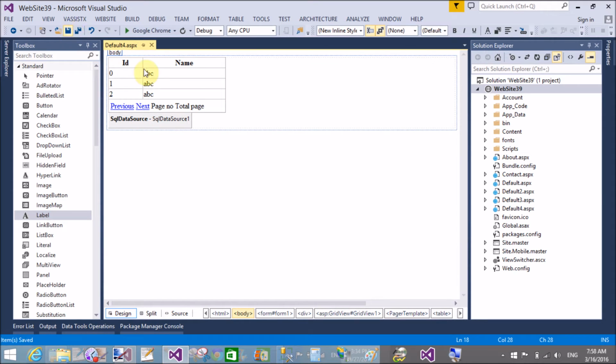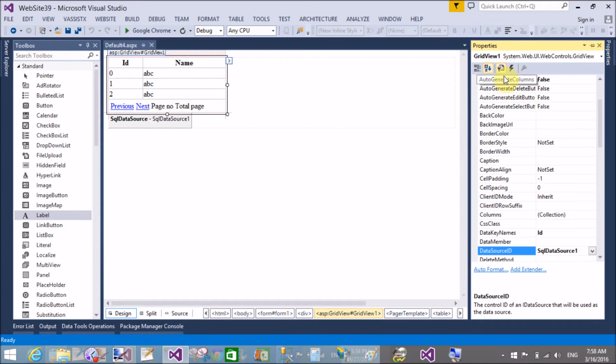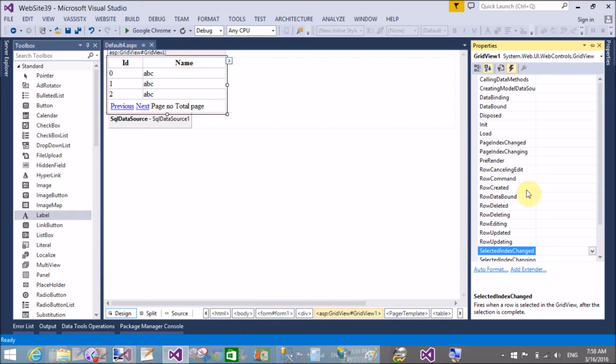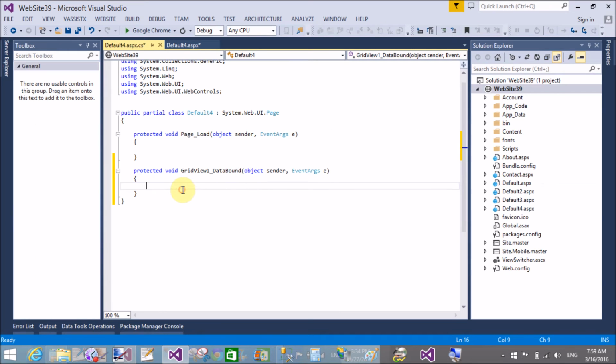Now in the code behind file, you can use the RowDataBound event, or RowCreated, and also the DataBound event. So here we use the DataBound event.